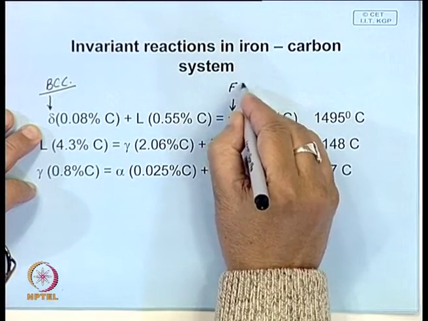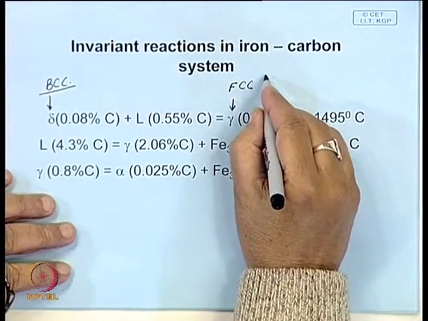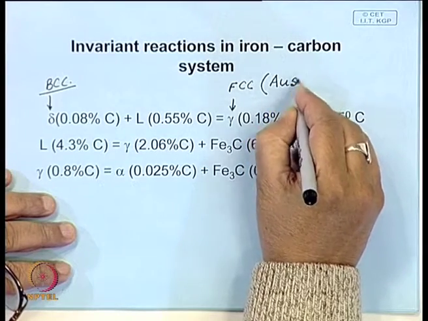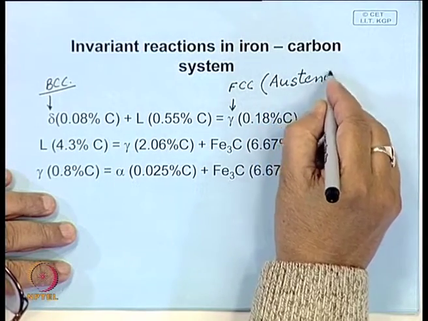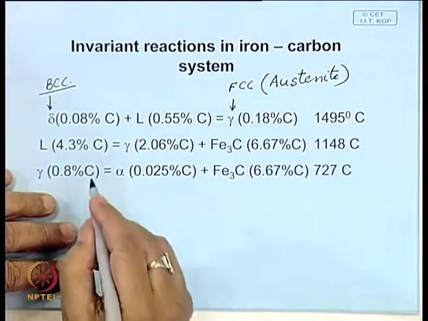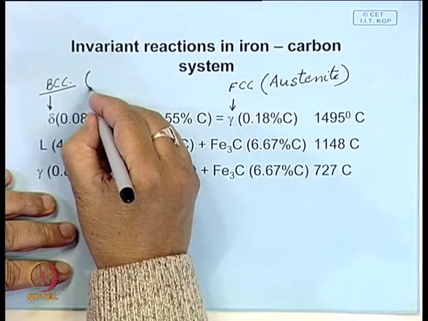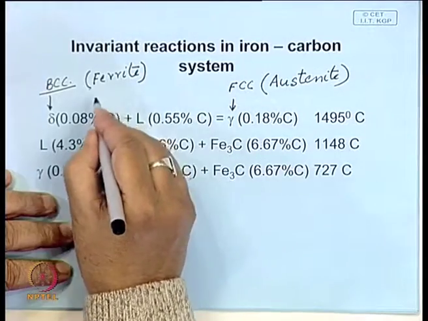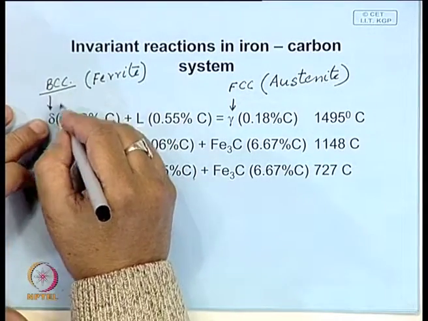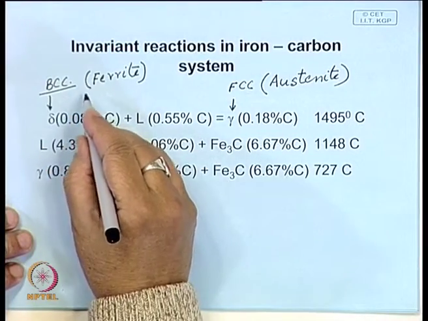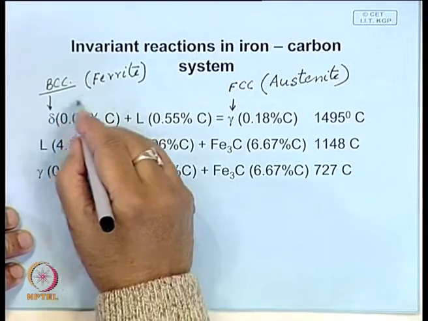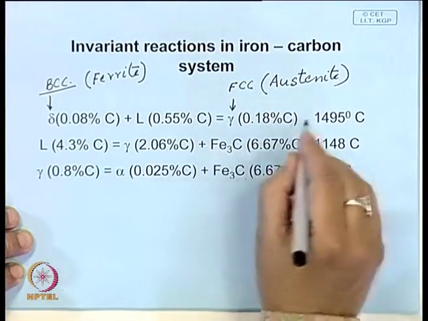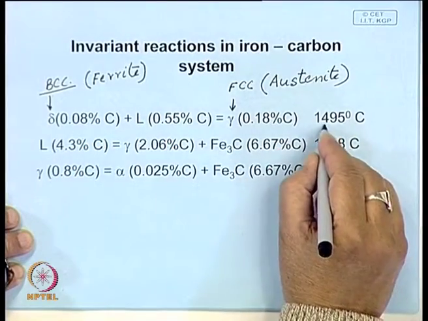This has face centered cubic structure, and this solid solution is commonly known as austenite, and BCC structure is known as ferrite, and this is called delta ferrite. This is the high temperature form of body centered cubic iron. So, this you can say is delta ferrite. So, this is austenite, and this 3 phase reaction takes place at